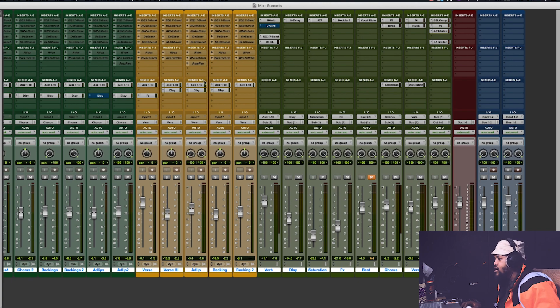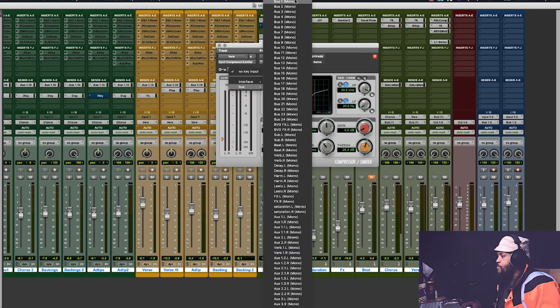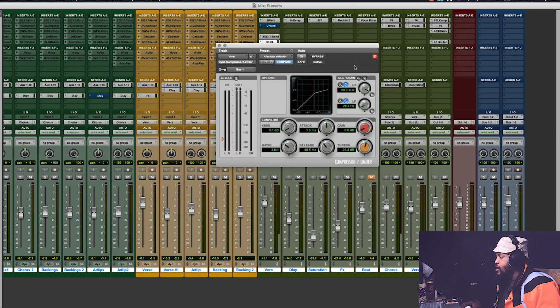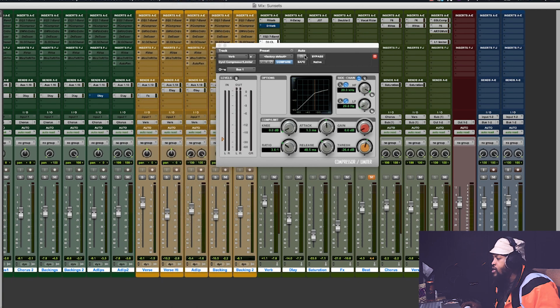Another trick or tip I can just show you now is I sometimes duck my vocal compressor. Instead of it triggering from the reverb itself, I'll trigger it from a side chain. So I'll go there and I will say bus one, and then on bus one, let me just send full large. So now instead of the reverb ducking by itself, the vocal is actually ducking the reverb, which means